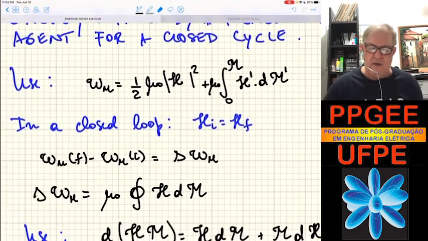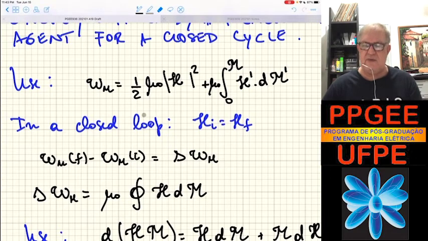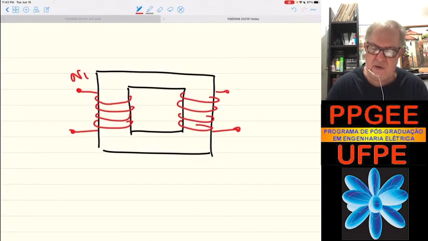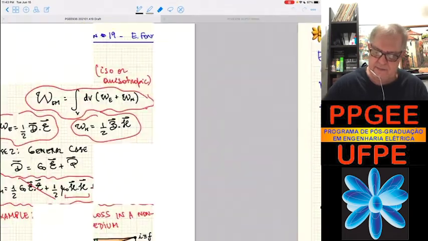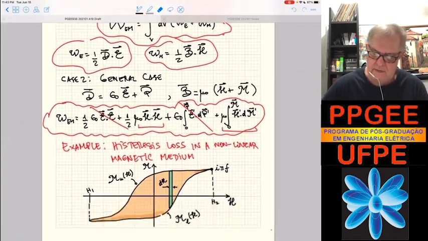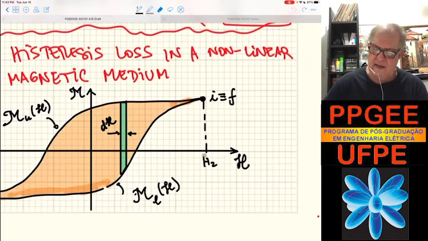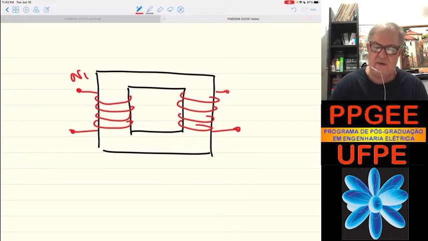So in a closed loop, in other words, when I go from the initial state to the final state and to the initial state again, I have a closed loop. So the field at the initial state equals the field at the final state. That's shown here in this picture, right? Initial state H equals H2, final state H equals H2. So the integral,